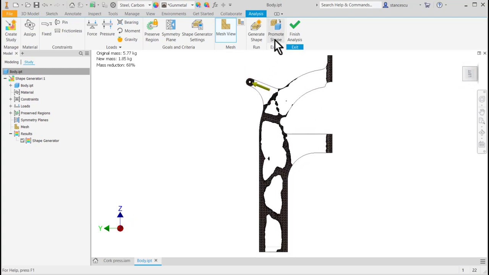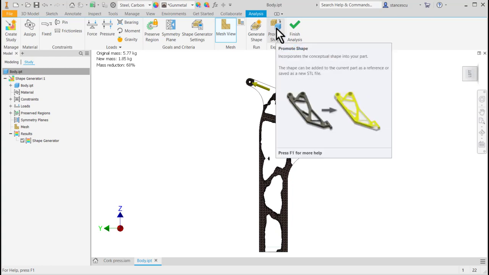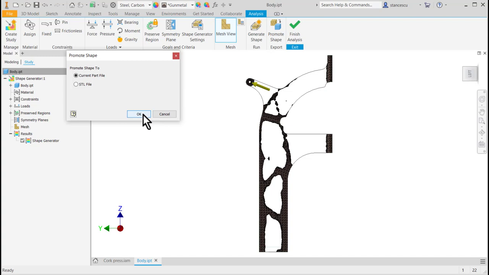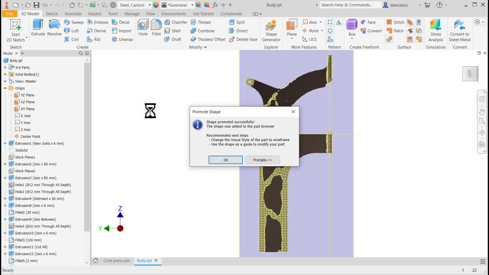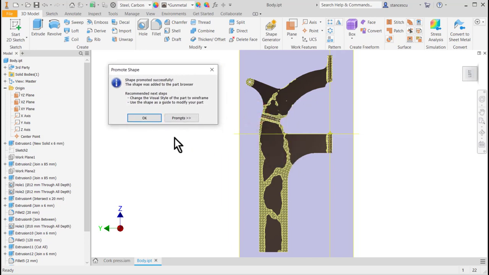And the tool is promote shape. Yes, we activate this tool. We accept to place the mesh on the current part file. Okay. And the recommendation now is to,